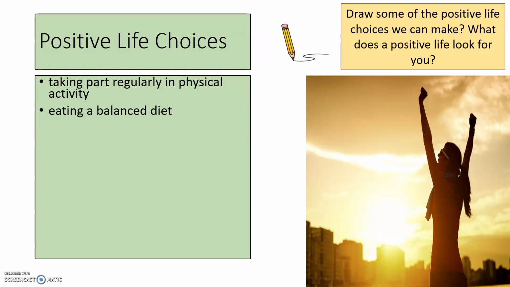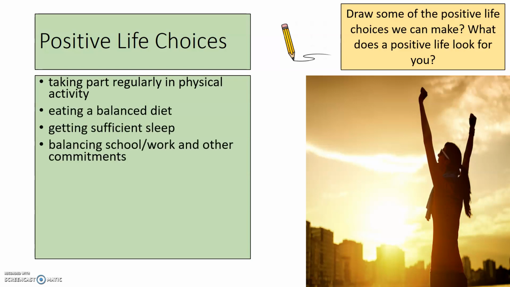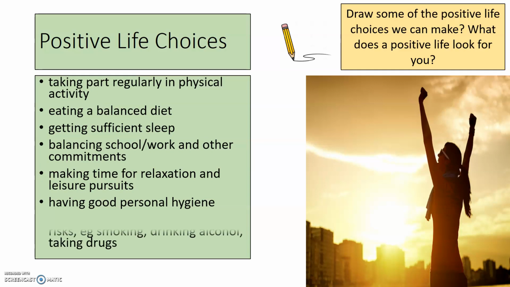Okay, so I'd like to think hopefully these are quite self-explanatory, but ultimately, in order for us to make the right positive life choices, we need to do some of the following, and there's some on there that aren't on there, for example, that you might have down. But obviously, taking part in physical regular activity, eating a balanced diet, really important. We're going to look at diet in a later lesson. Getting the right sufficient amount of sleep is really important, so we don't become too tired and run down. As I said, that can impact your immune system otherwise.